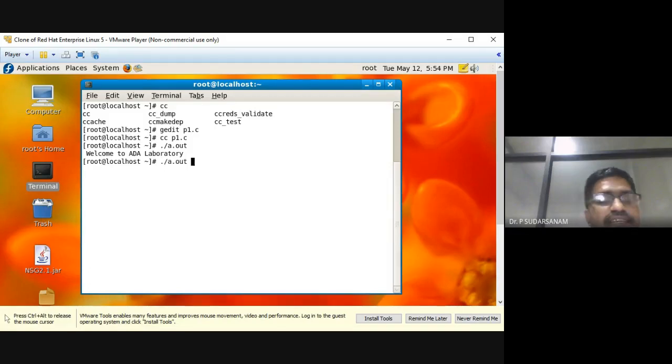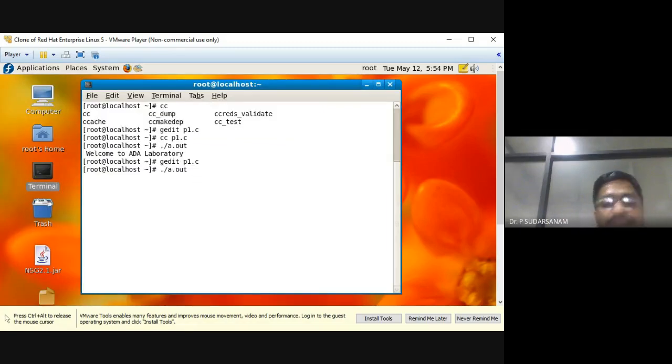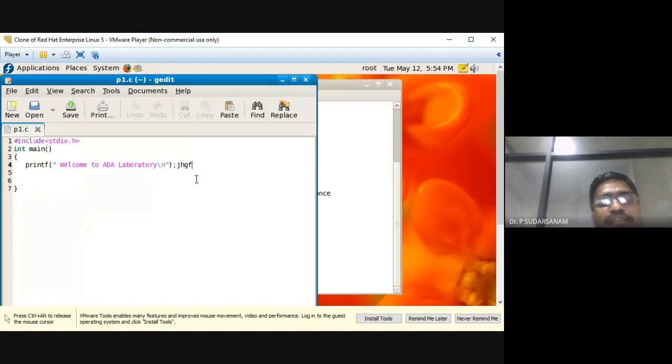Here I have given two semicolons, that is also accepted. Semicolon, no problem. Suppose if I type something else, then it will show the error. See here, now it is showing the error. Something is expected before the closing bracket, because I have typed something that is not required.